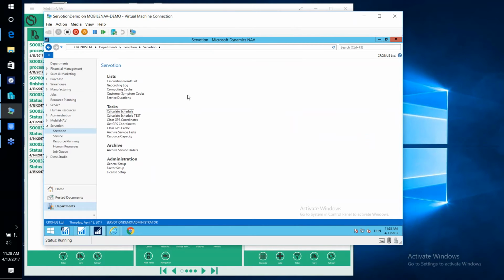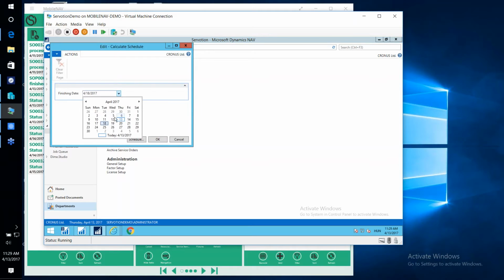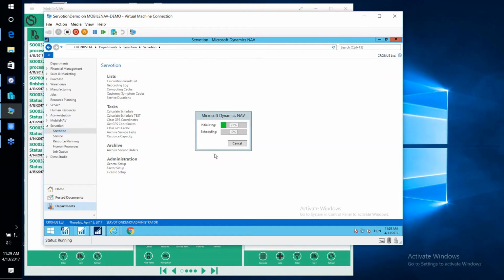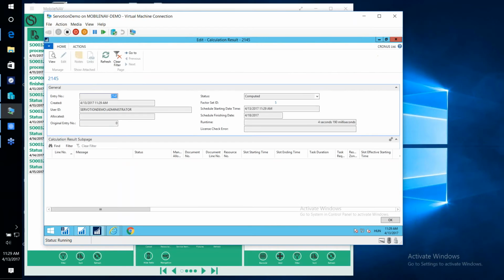So let's shoot for the NAV product now, and I am inside the Servotion product. This is a separate add-on, of course, with its own object range, etc. But inside that we have a calculate schedule here. So I will just simply click on that. I will just tell the end date of the calculation. Not really a big task, and hit OK. And as you can see, I have 50 or something like that